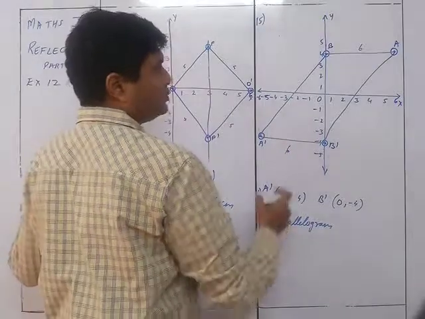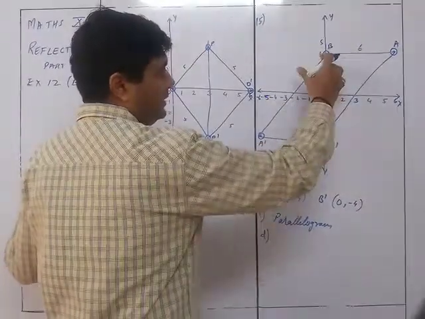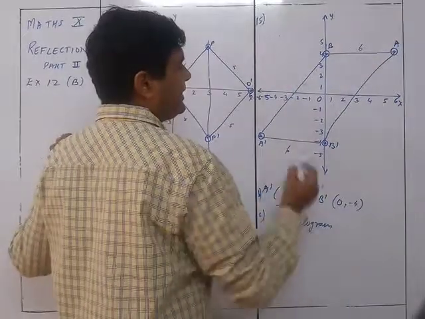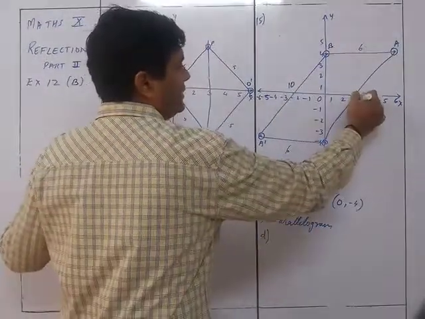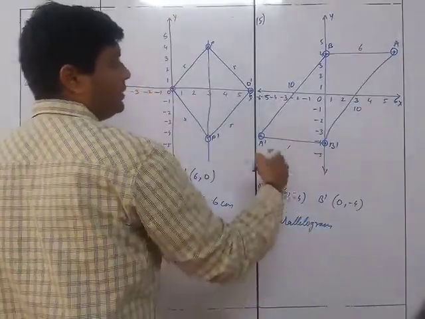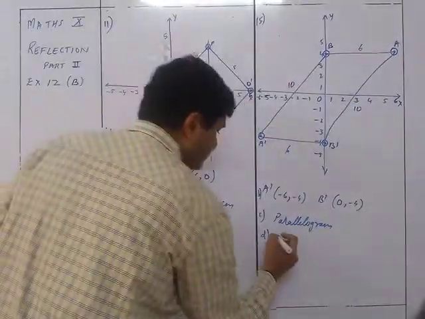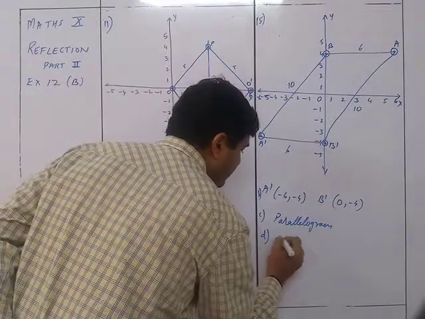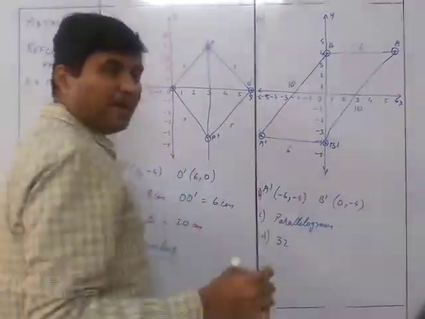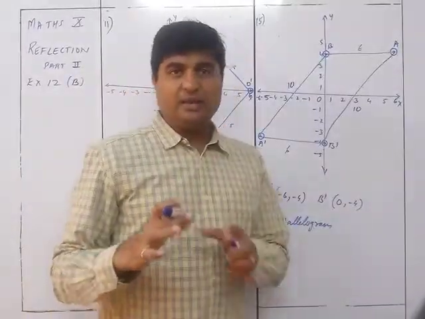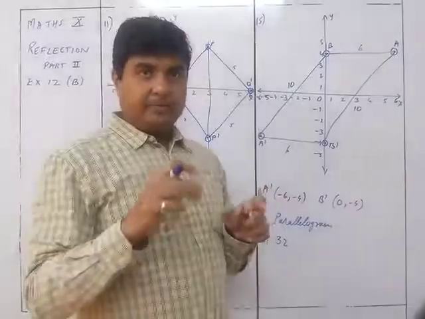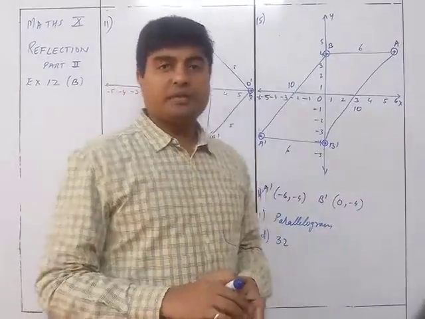You will have to find out this particular length by putting a scale, and you find out that length, and let's suppose that it is something like 10 over here. So 10 here and 10 here. So 20, and so it will be 20 plus 12. So it's 32. Assuming that this is 10. So by actually taking the scale, you'll have to find out the total length over here from here to here by finding out the length of that thing.